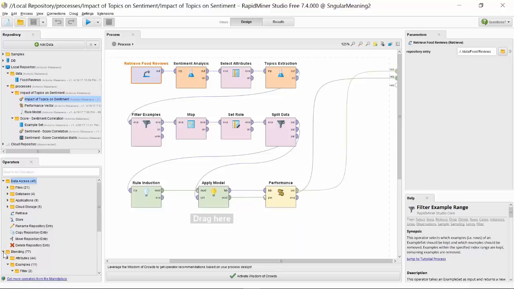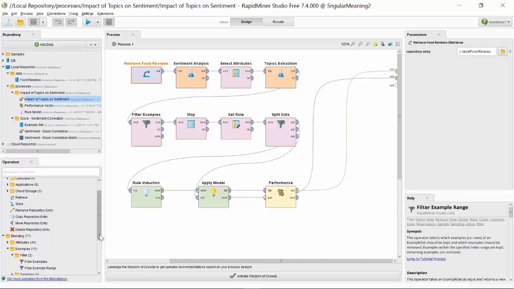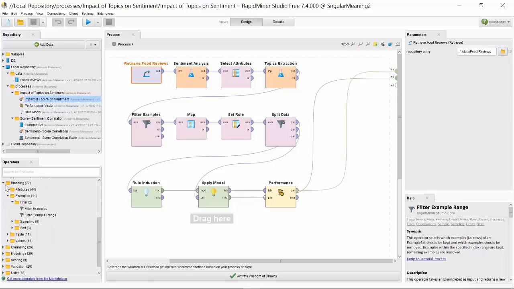Operators for blending, basically for combining different data sources and performing ETL tasks. Operators for cleansing, for deduplicating, finding outliers, etc.